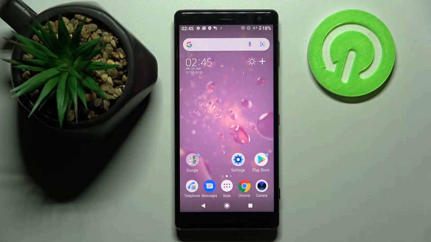Hi! In front of me is SONY Xperia XZ2, and today I would like to show you how you can